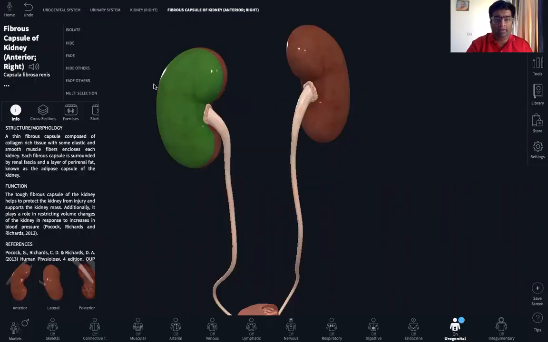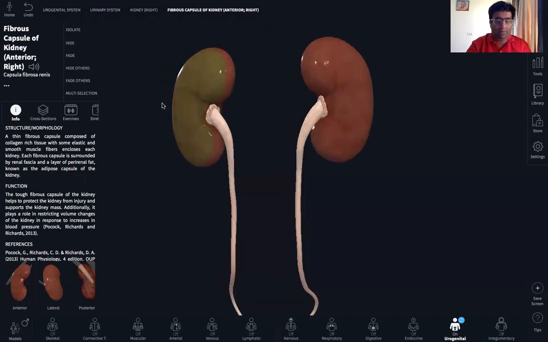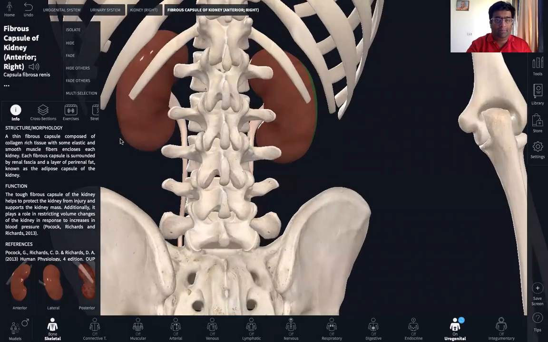Now focusing more on the kidneys, each kidney is covered by a fibrous capsule. Beneath the fibrous capsule is the adipose layer, which basically acts like a cushion for protecting the kidneys. The kidneys also are protected, mind well, by the 11th and the 12th rib. If I position the 11th and the 12th rib here, if I bring in the skeletal system, you can see here, the 11th and the 12th pair of ribs provide partial protection to the kidneys.